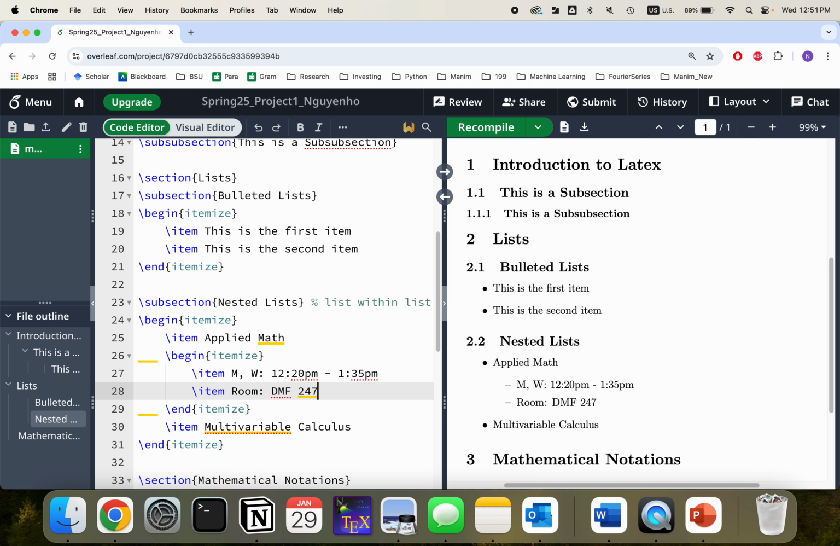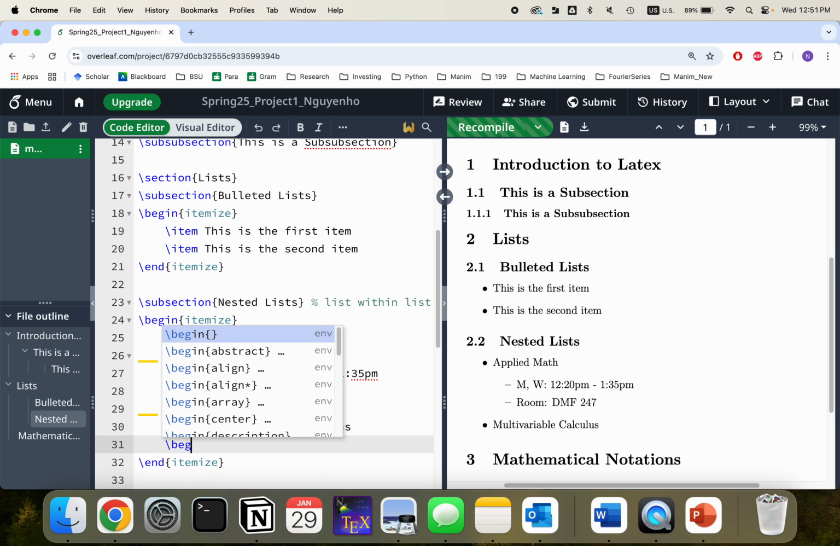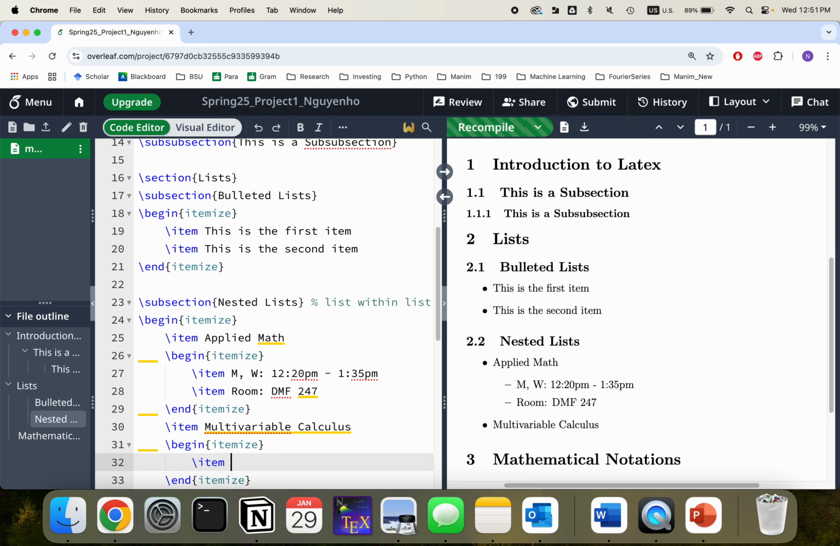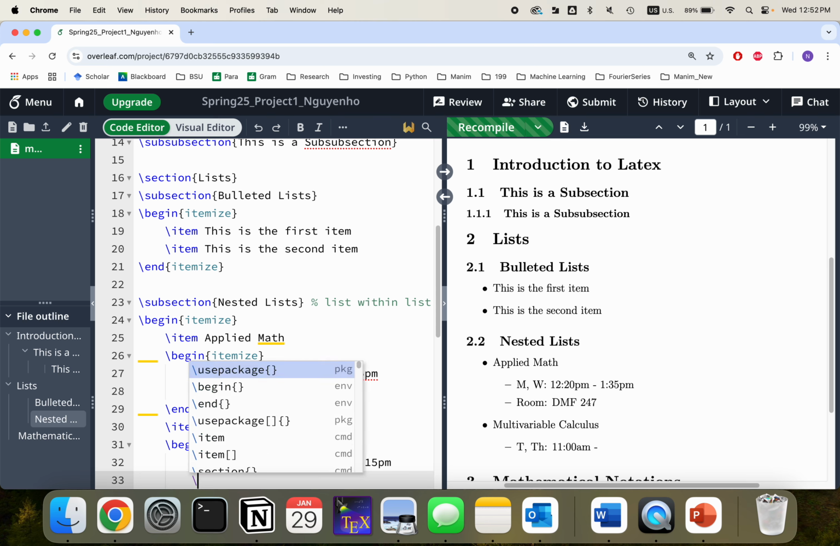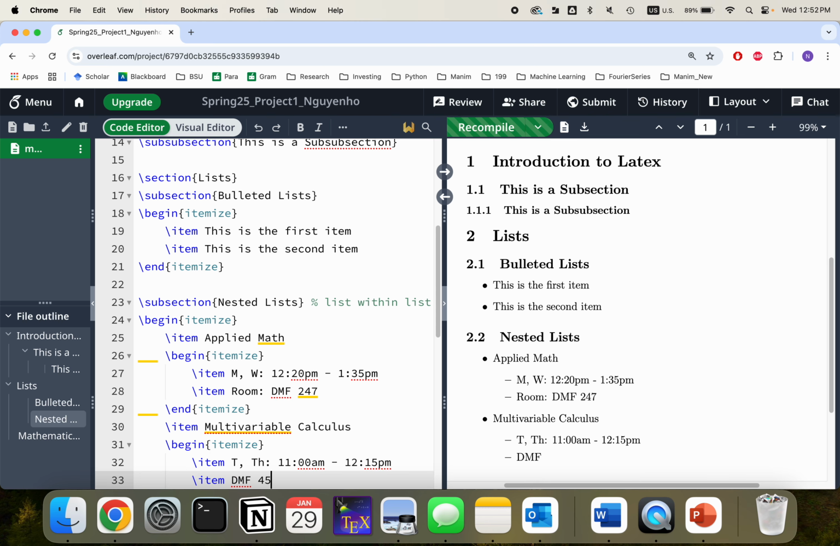So let's try that one more time, but for multivariable calculus. All right, so I go to the next line here, and I do begin itemize. And for my multivariable calculus, I teach those on Tuesday and Thursday, from 11 o'clock to 12:15. And it's in DMF 459. So the room is